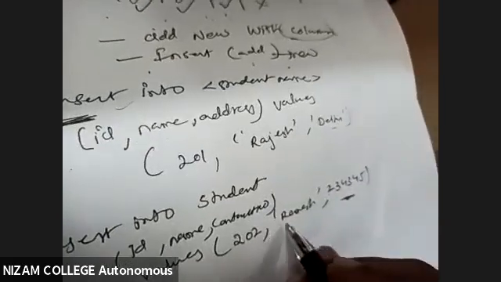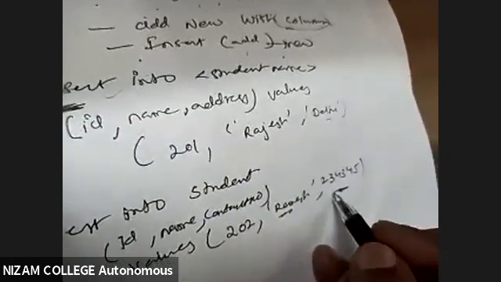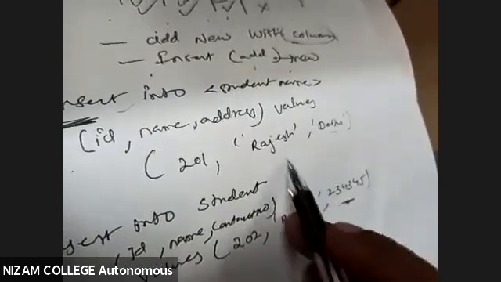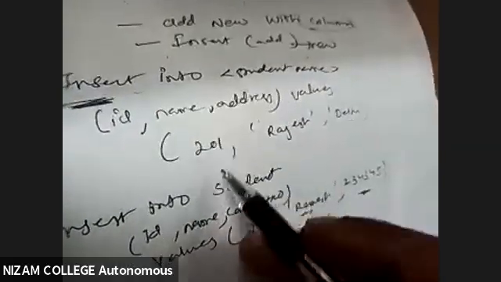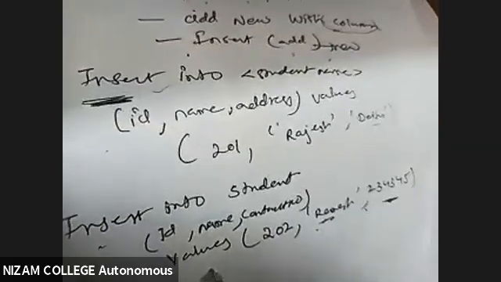Now if you see here, I have given the address for Rajesh. Sorry, Ramesh is the person who has the phone number. Rajesh is the person who has the address. He doesn't have the phone number. Like this, we may have different scenarios. Depending upon the scenario, our syntax is changing like this.